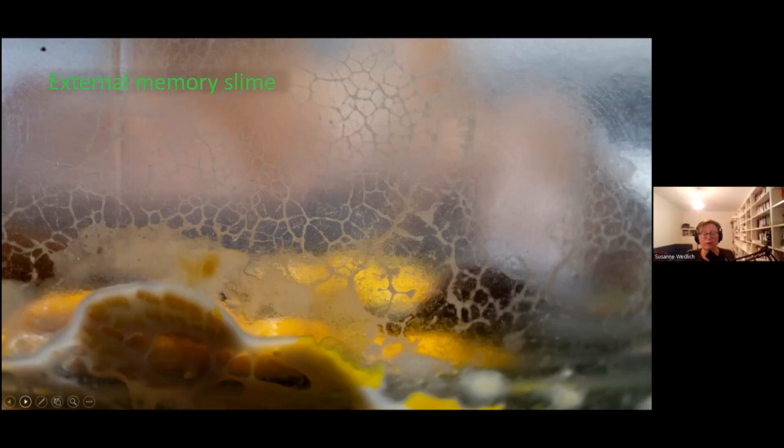Limpets who live in the tidal zone go out to graze when the tide is high, but before the water pulls out again, they have to go back to their home place where they're safe from drying out, and they have to find a way back, which is why they follow their old trails. They just follow their own slime trails back.